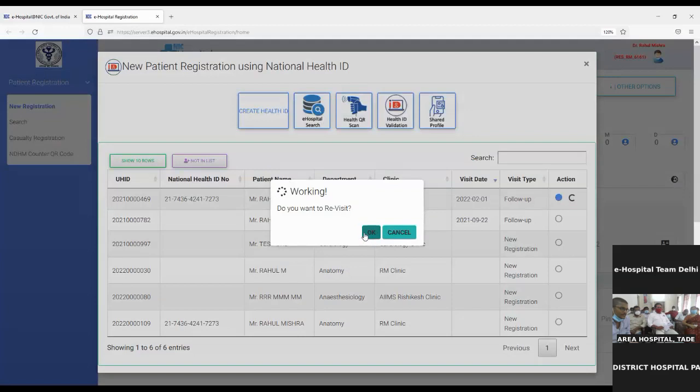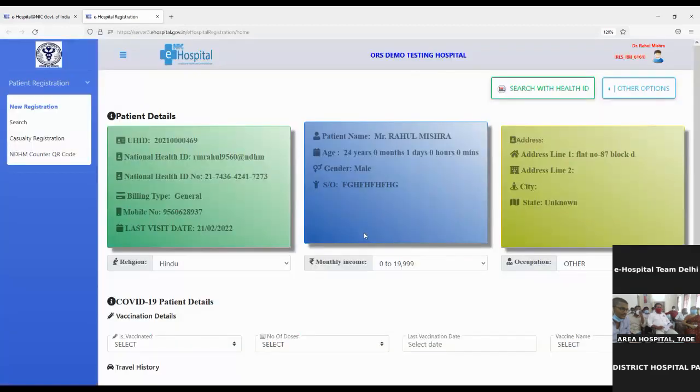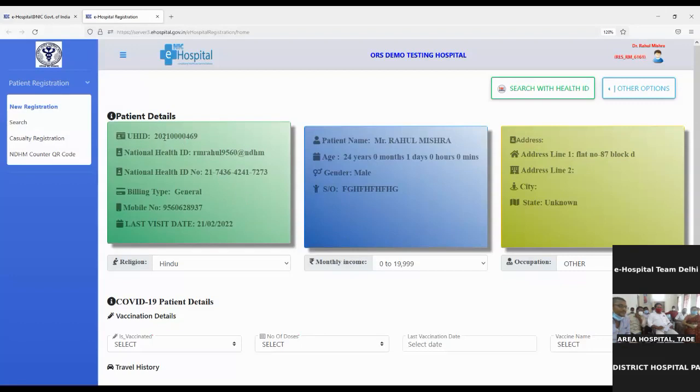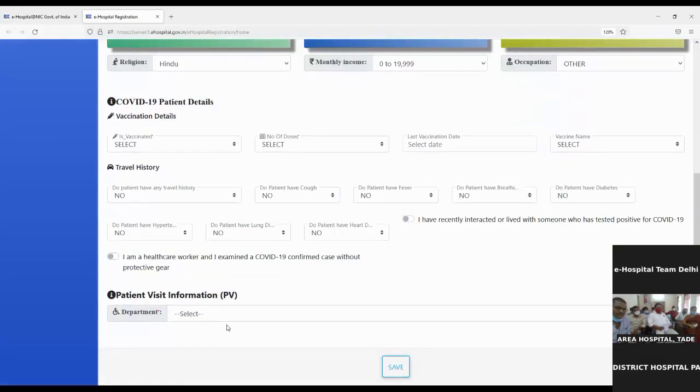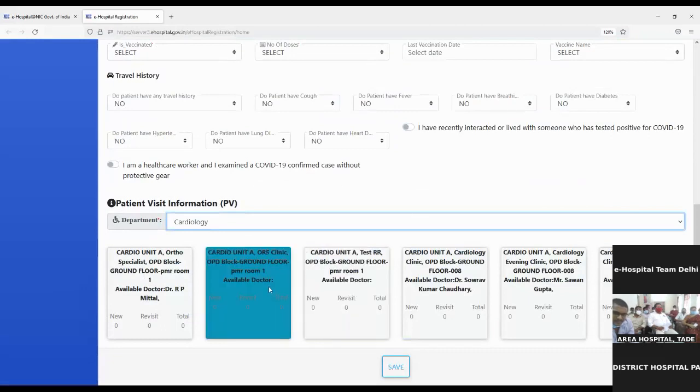By clicking on the OK button, the page will be redirected to the revisit page, where we can see all details of the patient like UHID, national health ID number, billing type, mobile number, last visit date, patient name, age, gender, son of, and address. And by selecting the department, we can go for the revisit. All the configured rooms and clinics will appear. By selecting one of the rooms, the color becomes green,